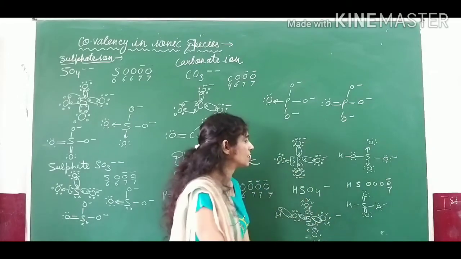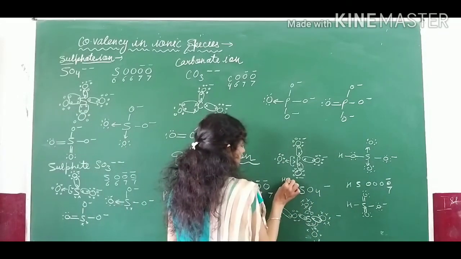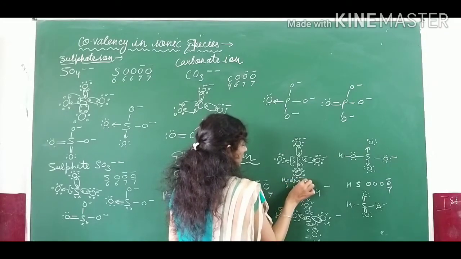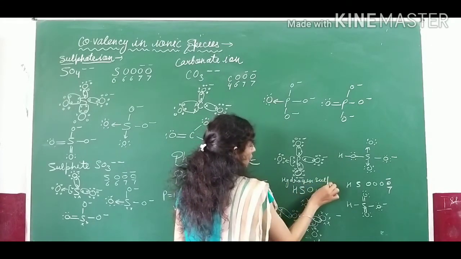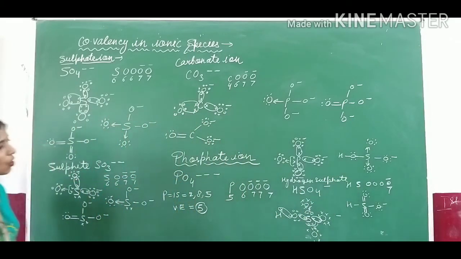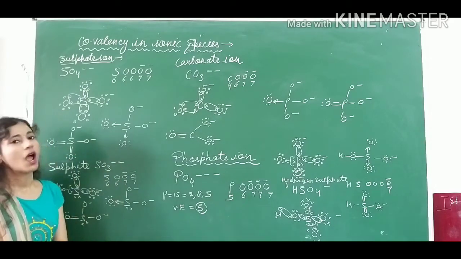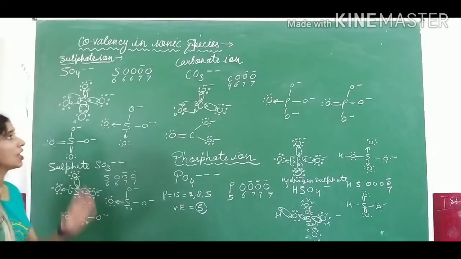Okay, the 7th one it has shared. So that was the structure of hydrogen sulfate. The name of this ion is hydrogen sulfate, or you can also call it bisulfate. Okay, so that's all for today's session. I think you all have got it, how to show the covalency in the ionic